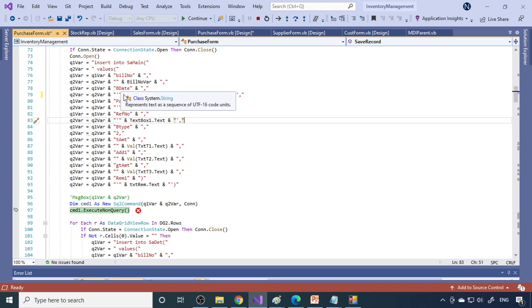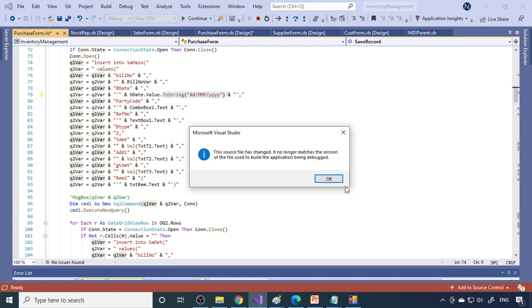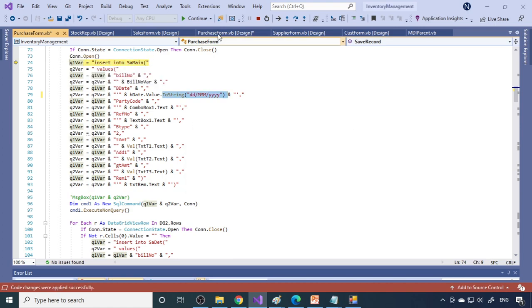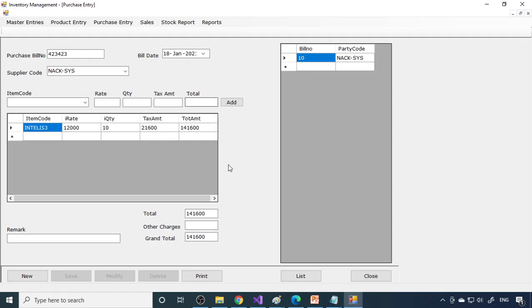So okay, this error is due to date. Here, date has to be formatted to DDMMMYYYY format. That is not done earlier. So therefore I'll check the cursor back over there on the top. From here again I'll execute this. So now it's saved. Now we save the record and we have purchased 10 quantity.